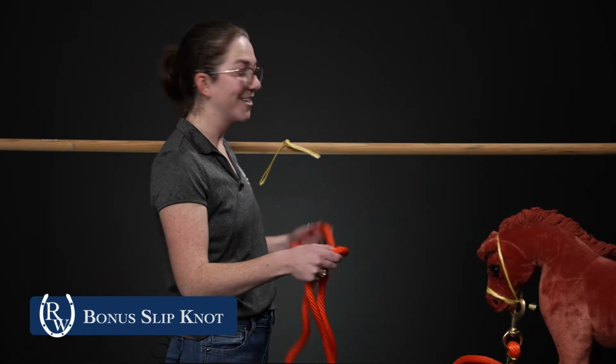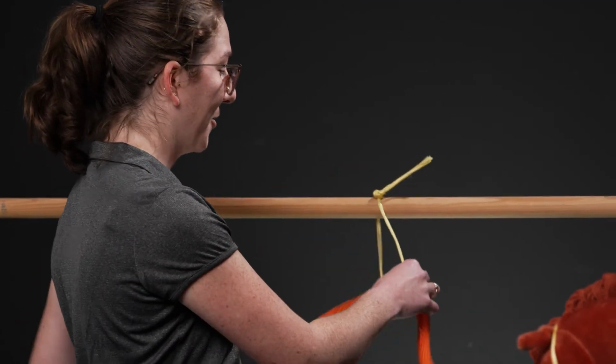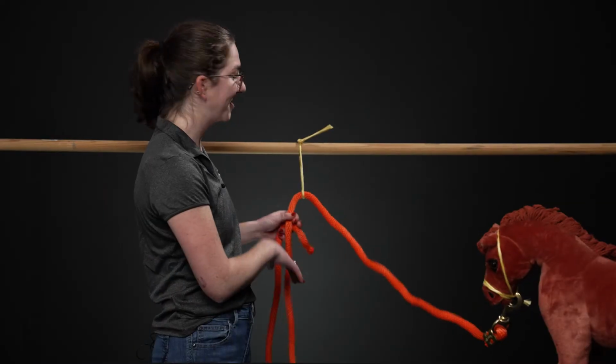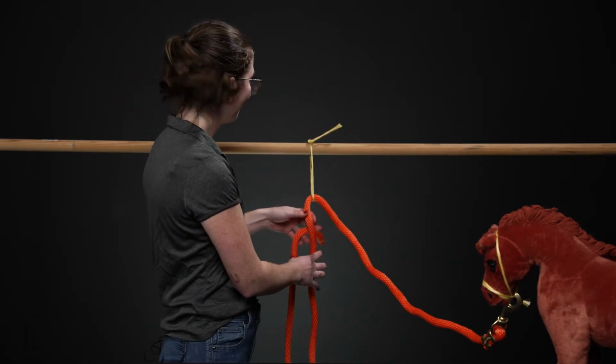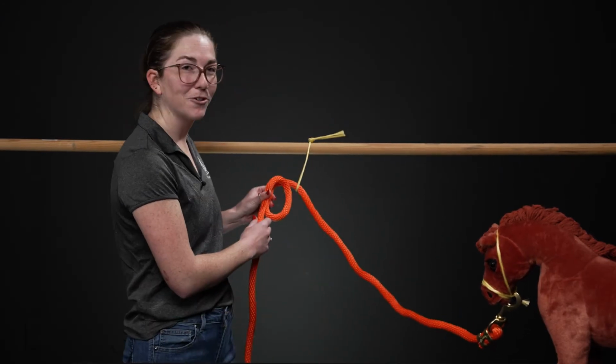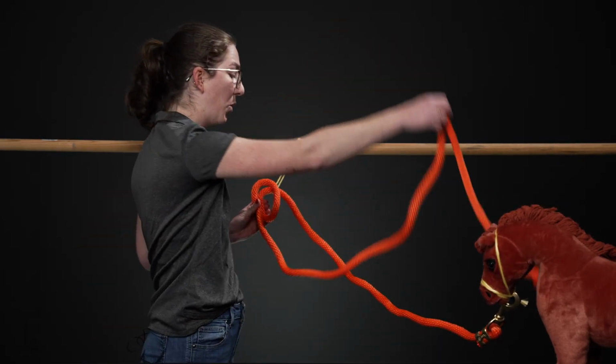So to start, we're going to take our tail end of our rope and go through our baling twine loop and pull it all the way through until there's about 2 feet between our tie spot and Thomas. And then we're going to make a circle loop in our tail end and bring our full tail end over